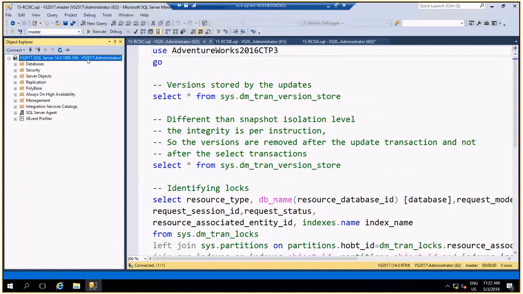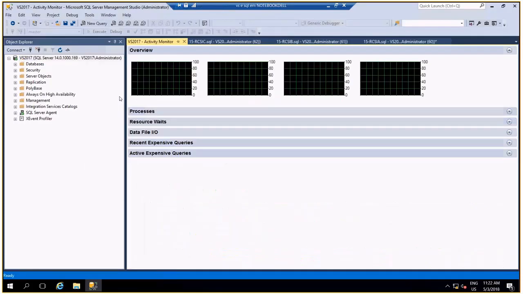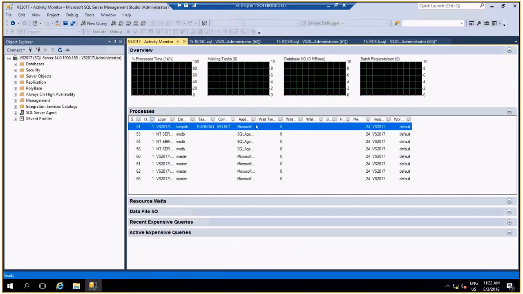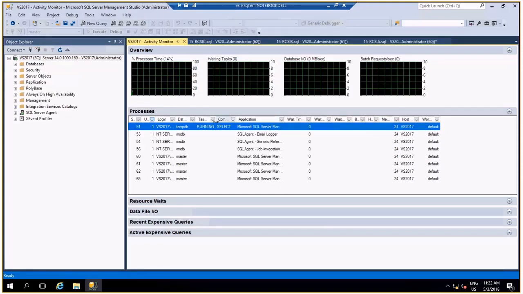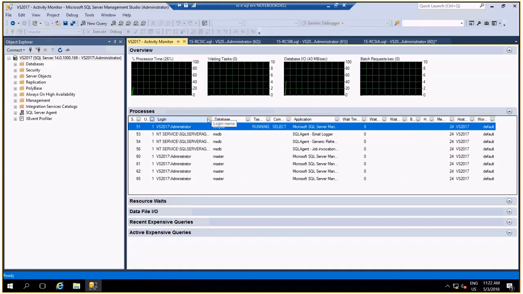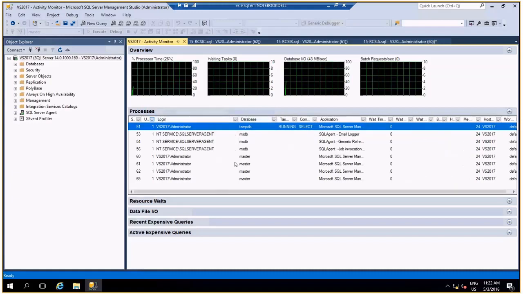Let's see the activity. I opened so many windows that maybe some other window is using it. No, I don't think so.